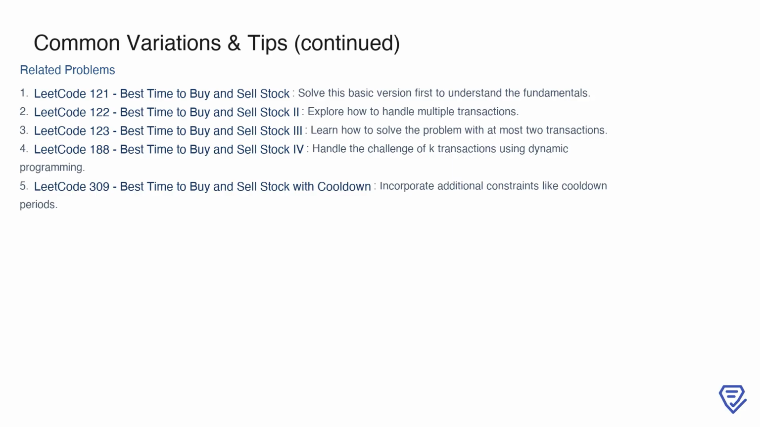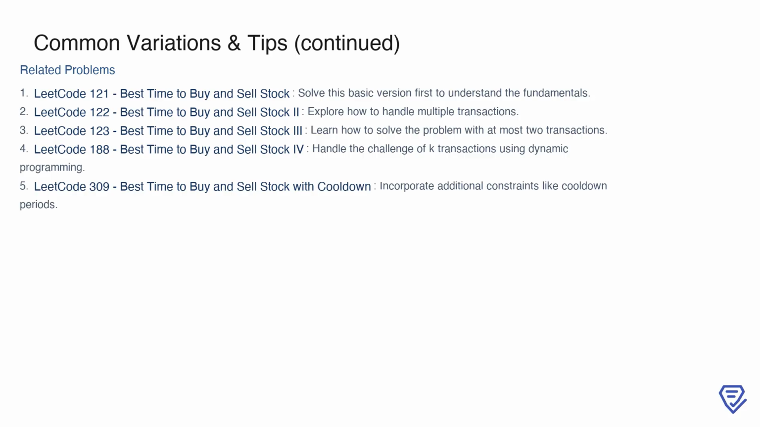To deepen your understanding of this problem, it helps to explore related problems that build on the same concepts. Start with LeetCode 121, the basic version, to master the fundamentals. Then, move on to LeetCode 122, which introduces multiple transactions and requires a different approach. Next, tackle LeetCode 123, where you solve for at most 2 transactions, and LeetCode 188, which extends this to k transactions, requiring dynamic programming techniques. Finally, explore LeetCode 309, which adds the complexity of cooldown periods, pushing you to incorporate additional constraints. These related problems provide a progression of difficulty and help you develop a strong foundation for solving variations of the